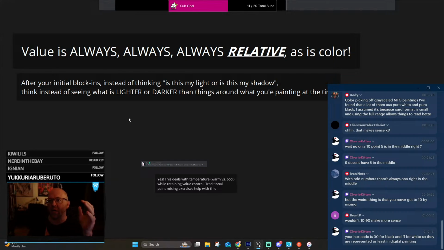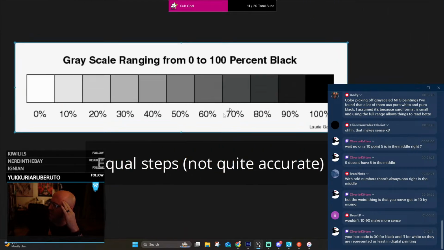So if you're thinking of your value scale in the sense of, oh, my lights, anytime my lights come into play, it's either going to be a 0 or a 10. And then, okay, let's say my highlight is like a 10. Let's say my midtone's a 40. And then my shadow is a 90. That's all well and good. But now what happens if you add your highlight, your 10, to your 90, your shadow? Where does that put you? Well, we cut the difference, at a 50, right?